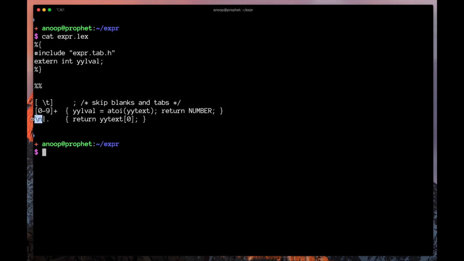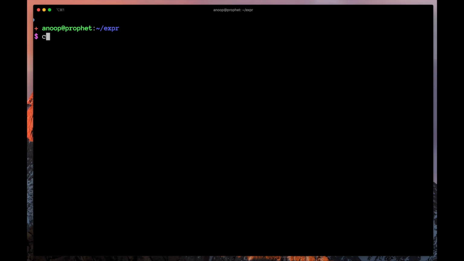And if it recognizes a newline, it returns that. And the dot is a special regular expression that matches any single character, so it just returns that character. This allows us to match things like the plus and the times and the open parenthesis and the close parenthesis. Okay, now that I have these, if I look at